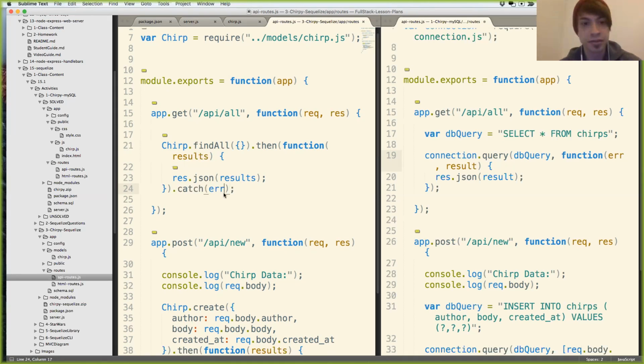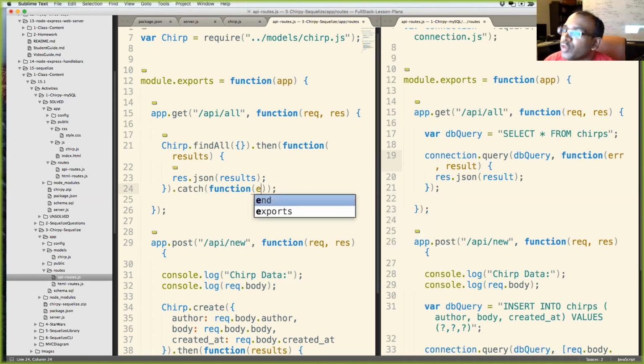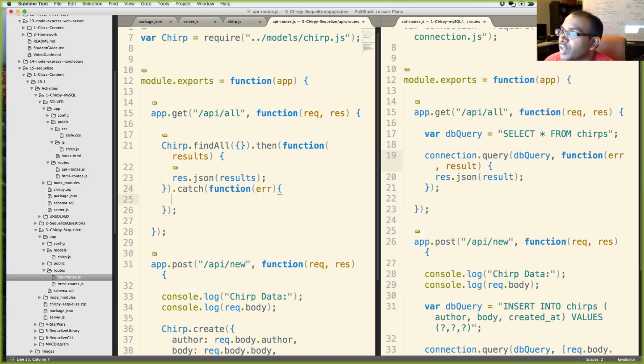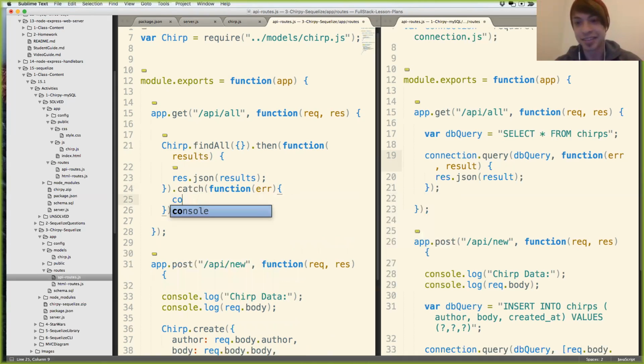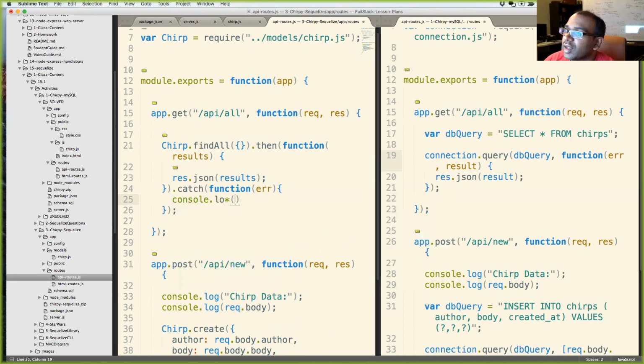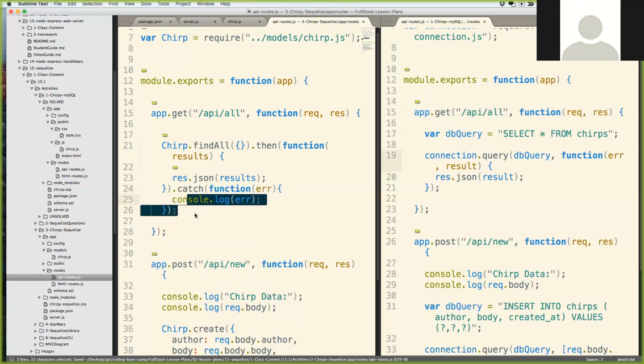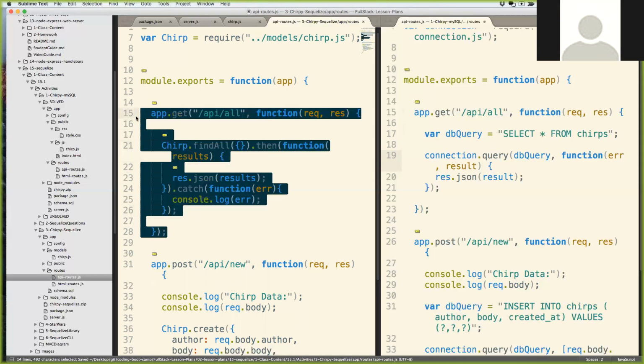Cool, awesome. I tried to oversimplify. So you would do this, and you just do console log error like this.